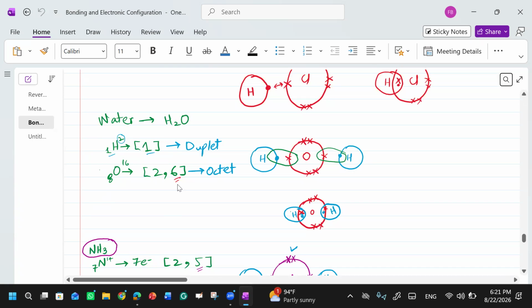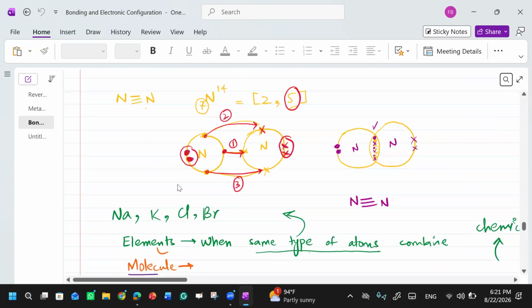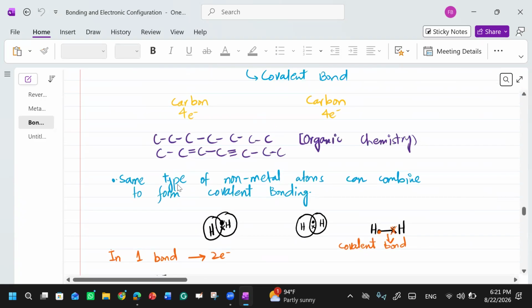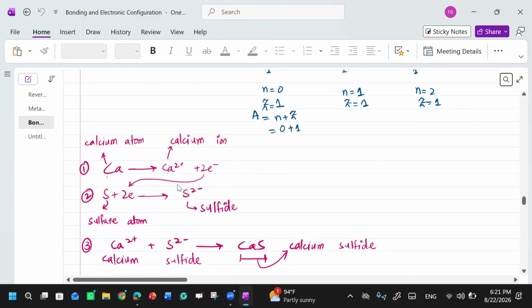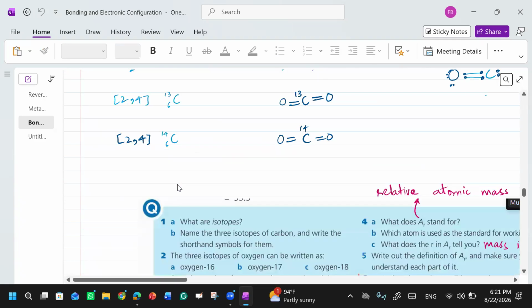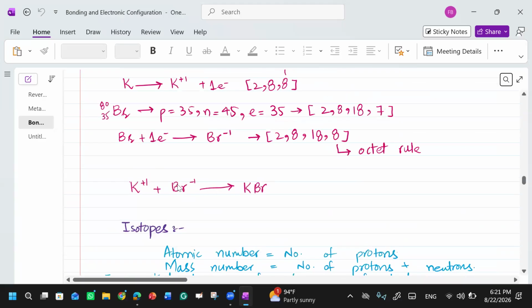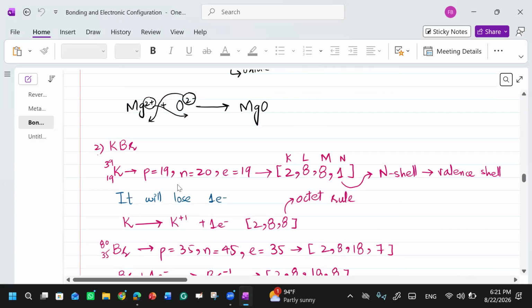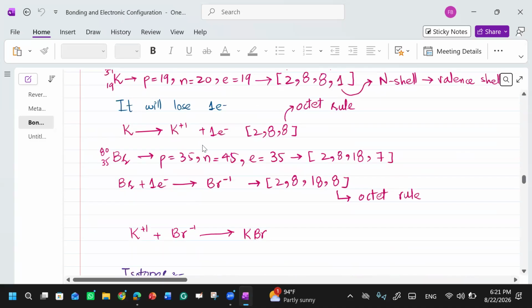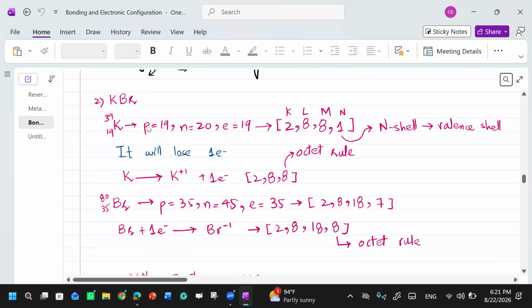Like, in ionic compound, if you see this, there is ionic compound over here. In the ionic compound, we have discussed that ionic compounds are formed by losing electron, right? The metal will lose and the non-metal will gain, right? You remember this? If we have potassium and bromine, the potassium will lose electron. Its atomic number is 19, 2, 8, 8, 1, right? So it has one electron in the valence shell.